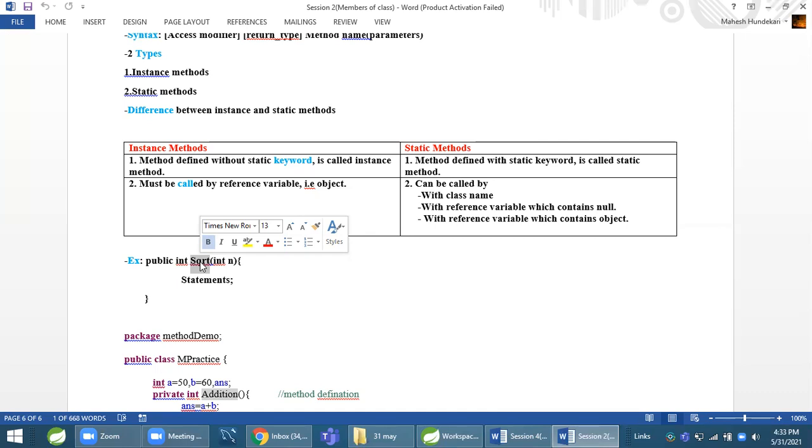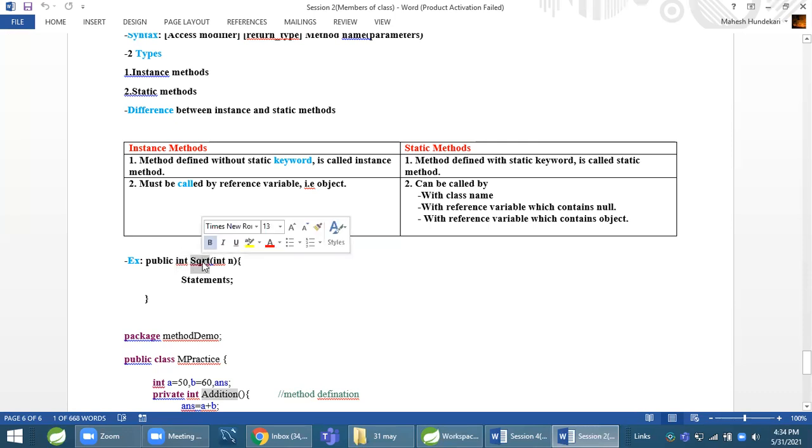It's like a function in C language. In C language, we call it a function. In Java language, we call it a method. Here you can see an example. This is an access modifier, means the scope of this method. You will understand more about this in the encapsulation topic. This is the return type of this method. Which type of value is going to be returned, that type we give here.